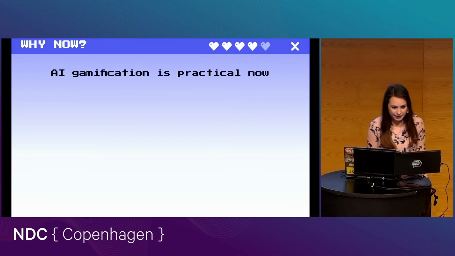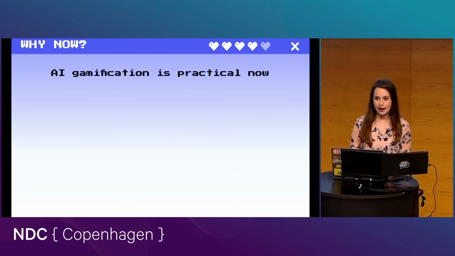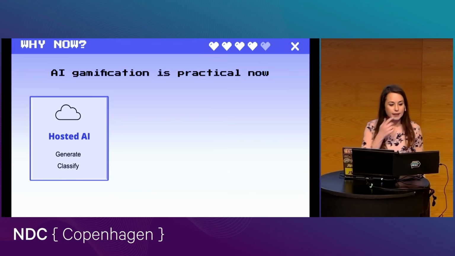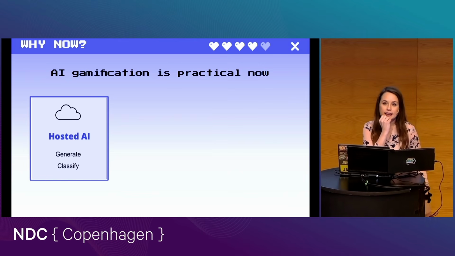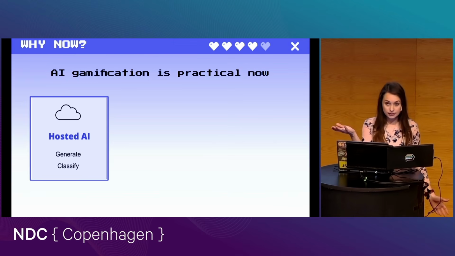Okay, so AI gamification, it really is pretty practical now. And why is that? One reason is that hosted AI has become pretty easy to implement within your normal web apps.